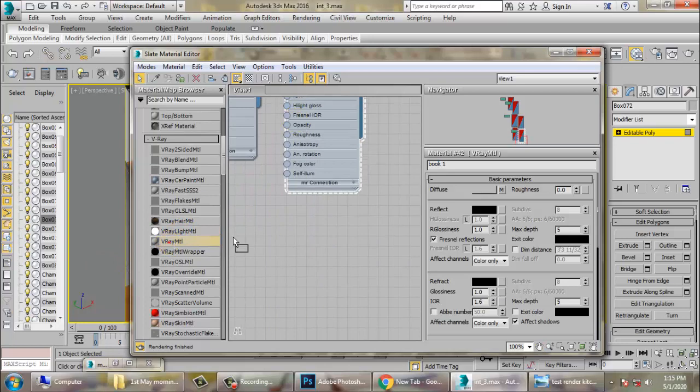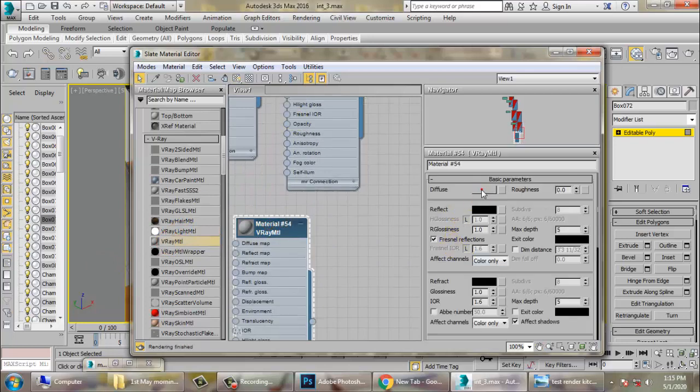Take one more material over here and let's just give a white color and name it as pages.